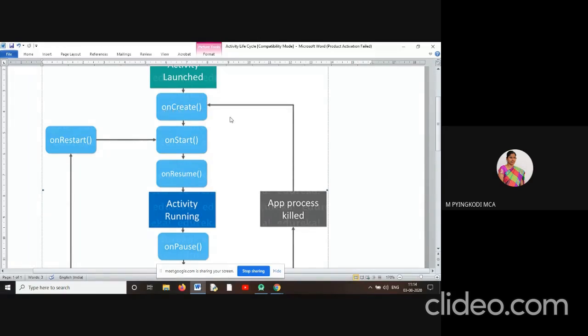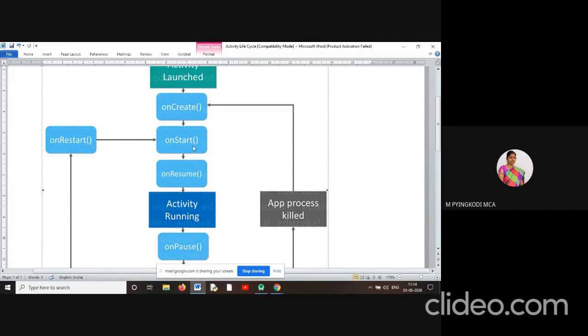After execution of onStart, the WhatsApp window screen is displayed and visible to the user.